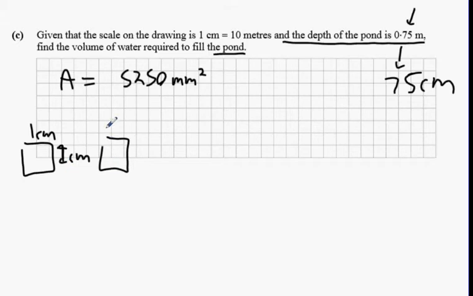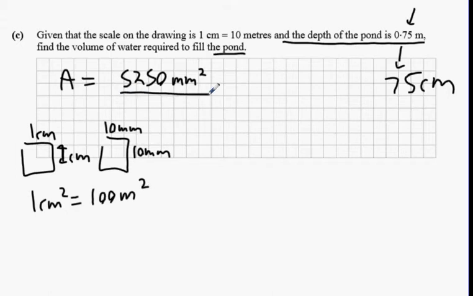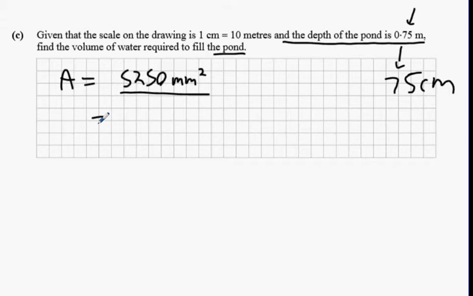A centimeter is the same thing as 10 millimeters. Okay? So 1 centimeter squared equals 100 millimeters squared. Happy with that? Now, I'm going to divide this by 100 to turn it into centimeters squared. So I'm going to divide 5,250 by 100. So 52.5 centimeters squared. Centimeters squared. Now,